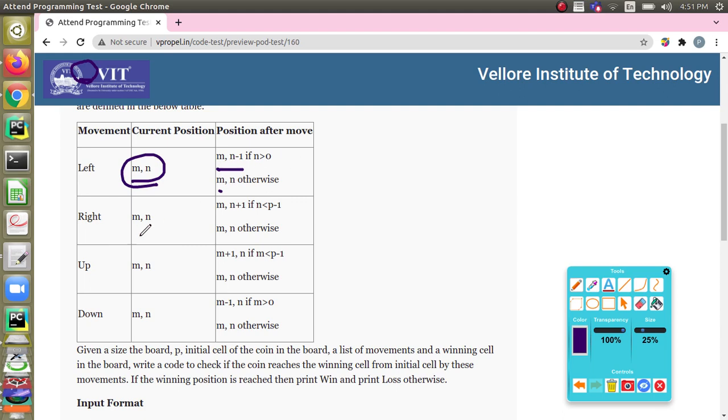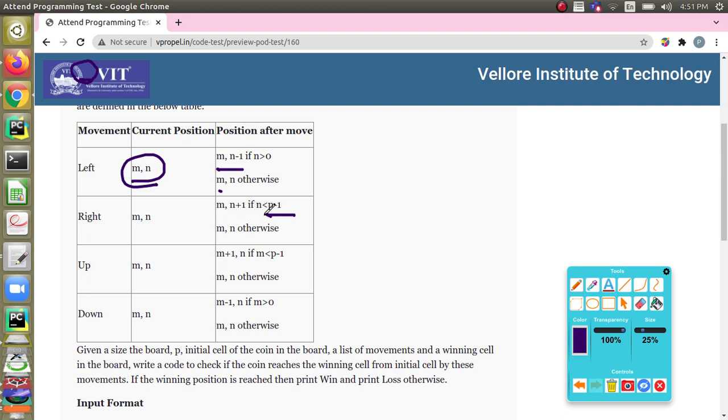Similarly, when you make a right move, you should be careful that your coin does not move beyond the last column. The maximum column is p minus 1, right? The maximum column that can be reached is only p minus 1. P is the dimension of the board, which means the largest column will be p minus 1. So only if n is less than p minus 1 should you make this move, that is m, n plus 1.